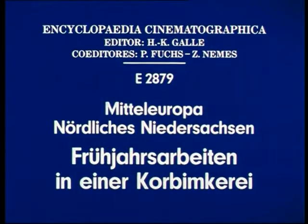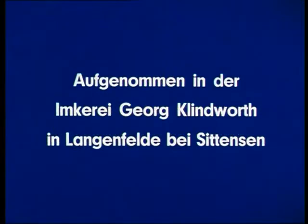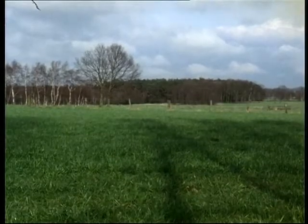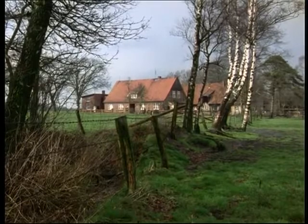Central Europe, northern Lower Saxony. Spring work in a heather skep apiary. In the region of cultivated heathland between Bremen and Hamburg, in Langenfelde near Sittensen, lies the farmstead of the head